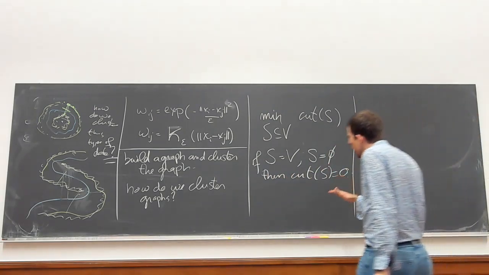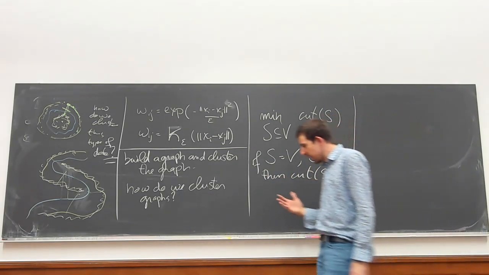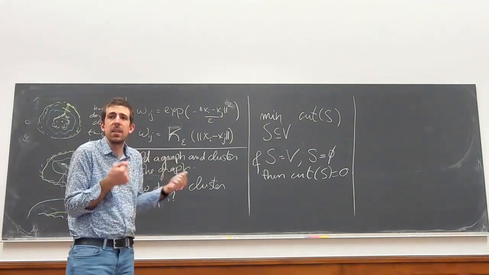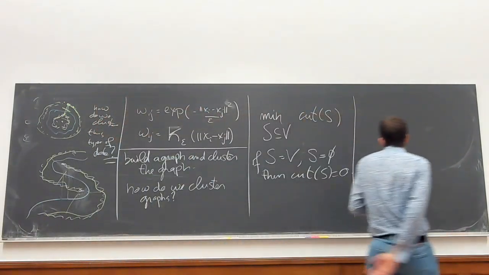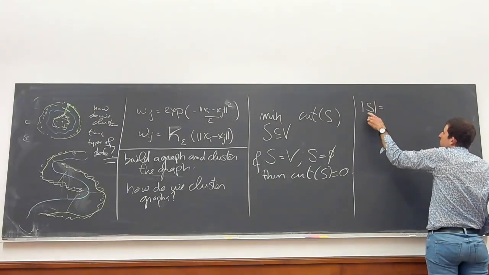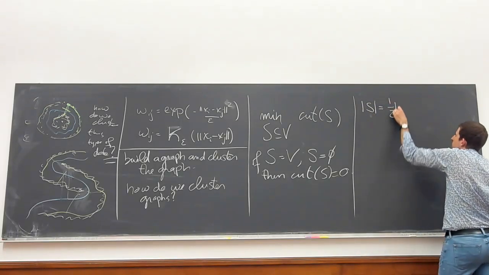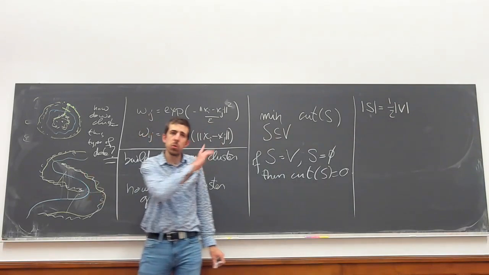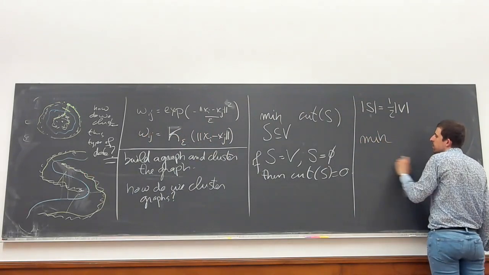So we have to somehow make sure that this doesn't happen. Right? We have to try to minimize a cut, take the minimum cut in some way, but we have to make sure that the cut is in some form balanced. Right, so here's one thing we can do. We can force, say, that the size of the set that we're minimizing over is half the number of vertices. So let's say that the number of vertices is even from now on, and we just take S to be a half set. Right? So now we can say, well, then I want to minimize